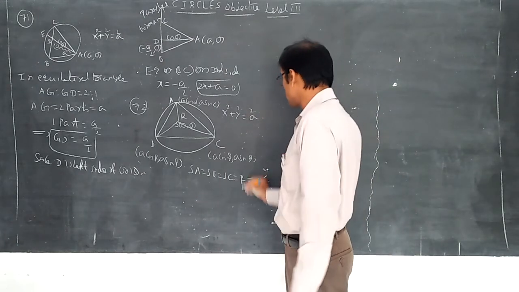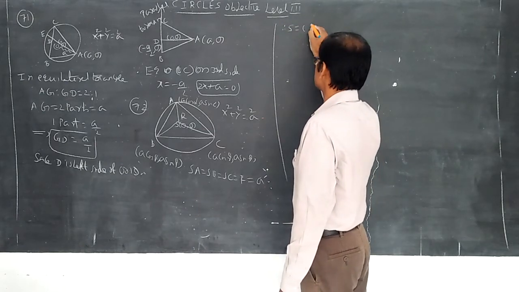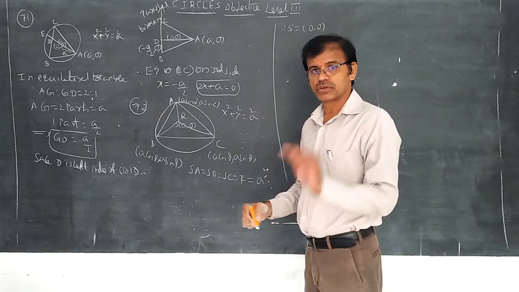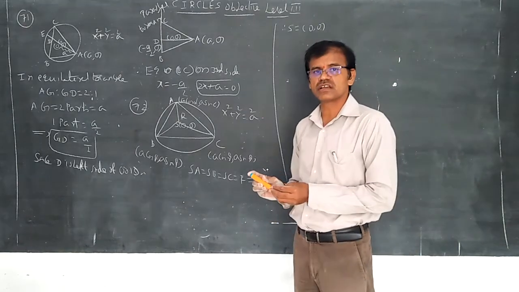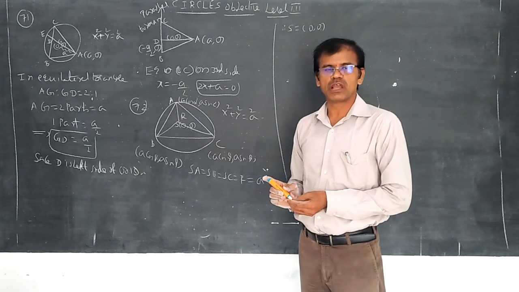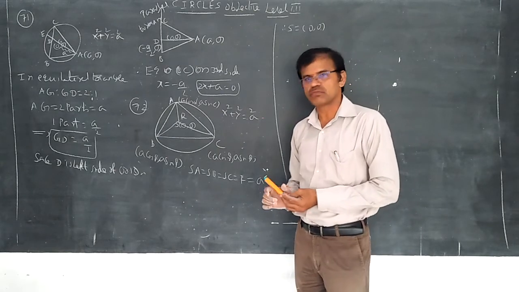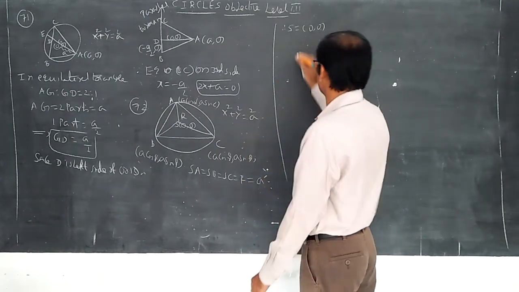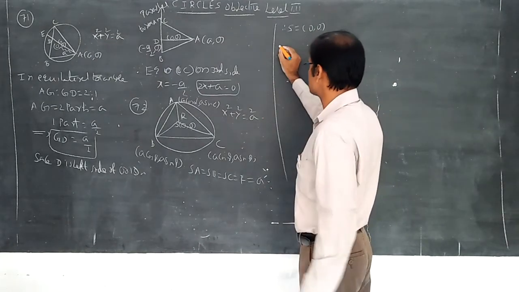So yes, confirmed: we know that therefore S is equal to (0, 0). We got the confirmation. Students, you can understand this question in the straight lines chapter, objective level 1B. Level 2 class 52 bit and level 2 over 48 bit is the same answer. The concept is the same as in the straight lines concept. Now S is equal to G.